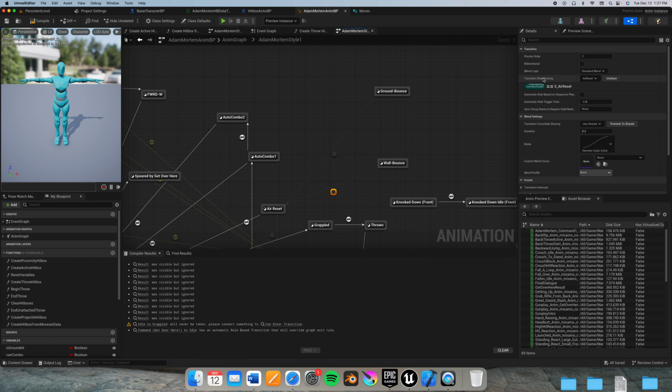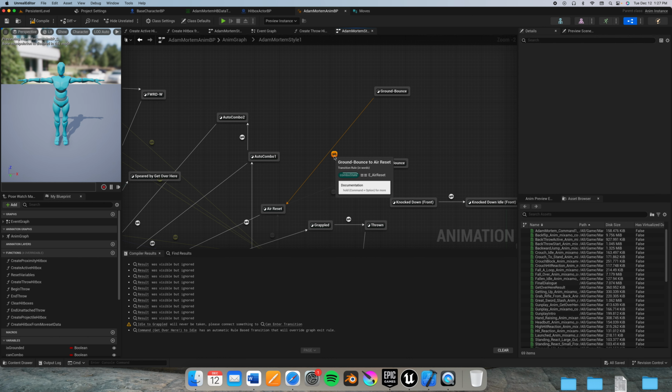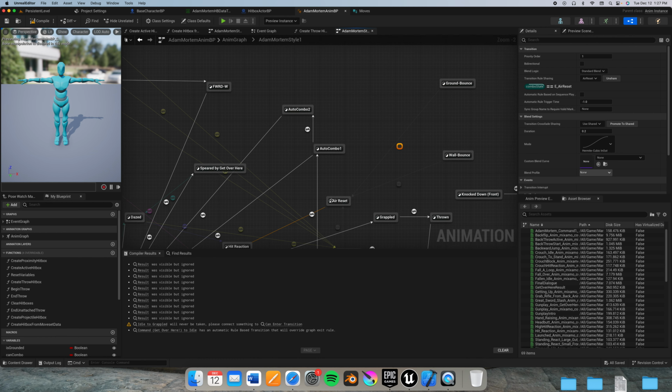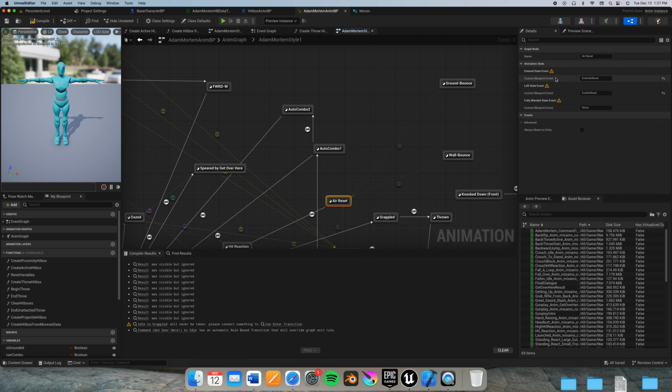As you might know, we use the transition rule sharing, which can be useful in certain situations. Now, with the air reset state, we have an entered stay event and left stay event. The little yellow triangle here says this is no longer recommended, and it's best to use the anim node